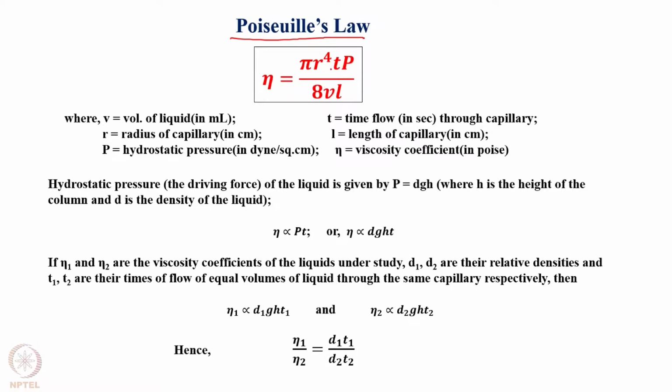where r is the radius of the capillary through which the liquid is flowing, T is the time of flow which is taken by the liquid to flow from one edged mark to the other edged mark, P is the value of hydrostatic pressure, eta is the value of viscosity coefficient and which has a unit of poise, V is the volume of the liquid in ml, and L is the length of capillary which is there in the Ostwald viscometer. All these parameters give the value of viscosity coefficient in poise, and 1 centipoise